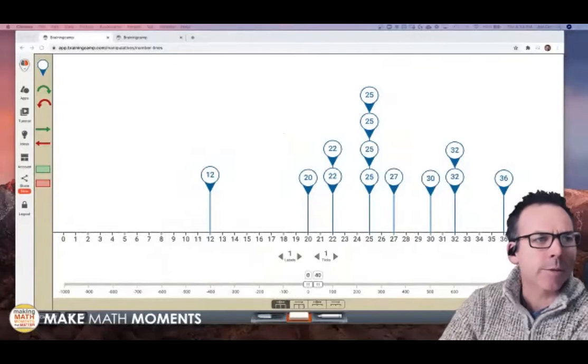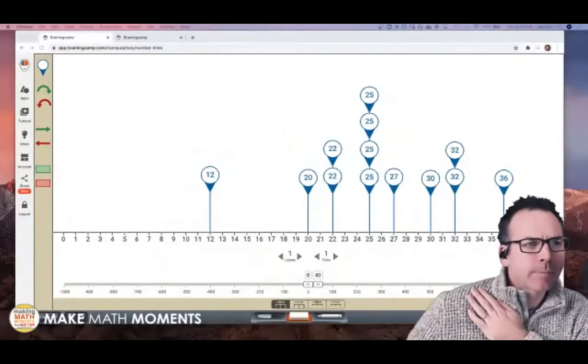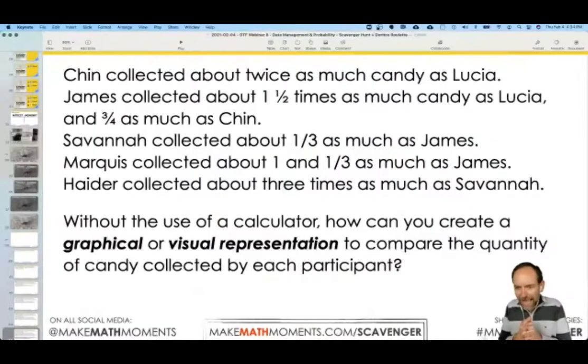That's true. And Elizabeth in the chat is saying, I'm wondering if the phrase "as much candy as" can mean the amount ends up being more than Lucia or less than Lucia, depending on the fraction or number mentioned. Super interesting. I wonder if we can come back to that once we've shared some visuals to see if we can prove or disprove that, right? Like see if we can come up with some sort of statement, almost like a big idea around that language. Super cool.